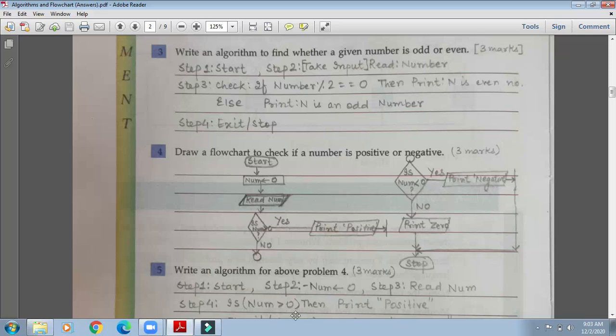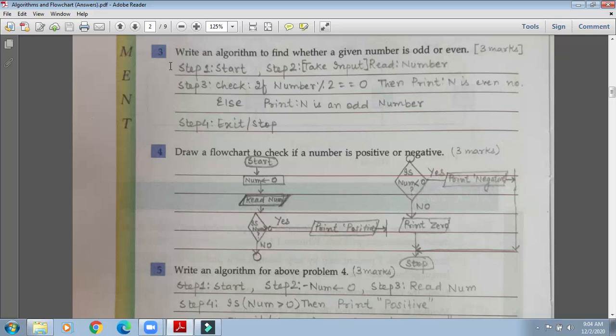Okay, we have to check if the given number is odd or even. So what is the criteria for checking if the number is odd or even? Okay, what is the process of checking? Sir, if the number is divisible by 2, then it will be even. If it is not, then it will be odd. Yes, so if the number is divisible by 2, it is even, and if it is not exactly divisible by 2, it will become an odd number.